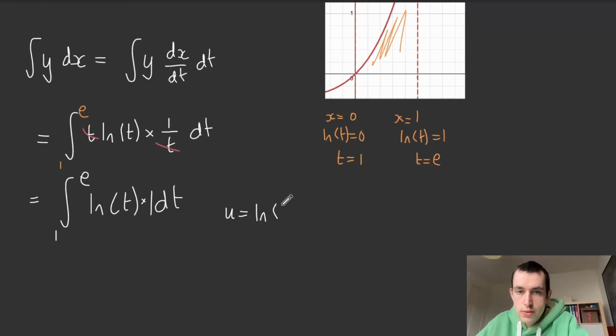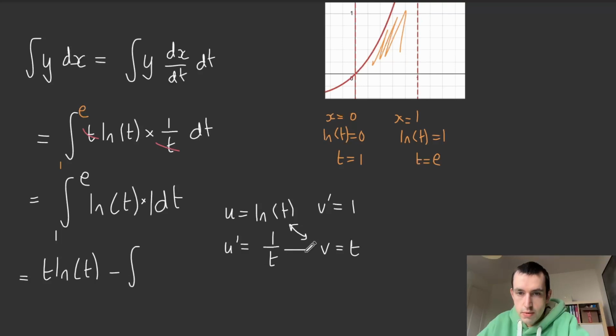I'm going to let u equal ln t and find the derivative. I'm going to let the derivative of v be 1 and integrate it. Almost put x there. Then I'm going to do these two, t ln t